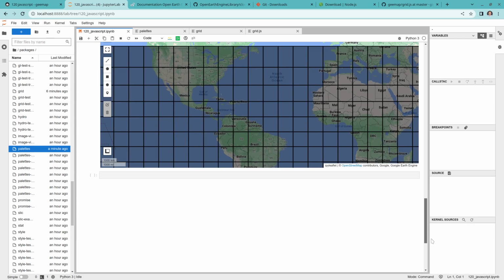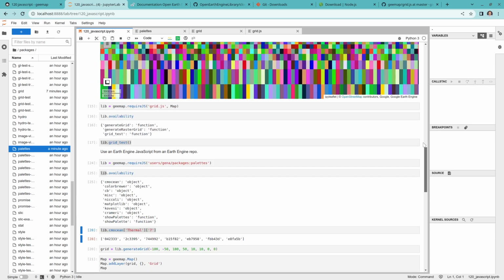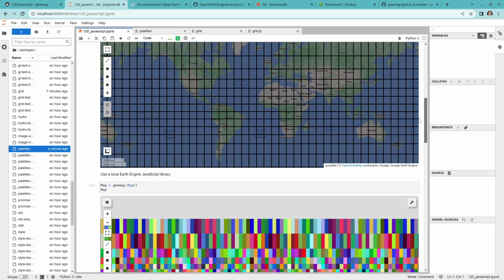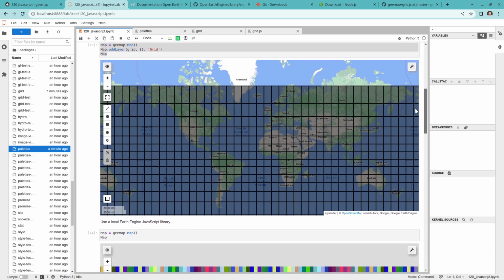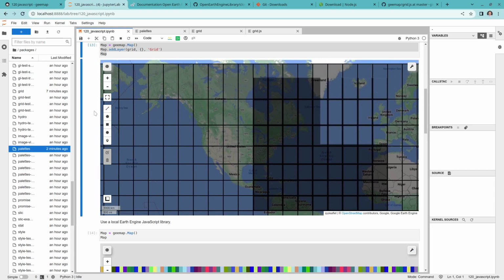Okay, so I think that's pretty much about this tutorial. I hope you are enjoying this new feature and try it out, and it will certainly make your life much easier if you are relying on JavaScript but you also want to try out Python. Now you have a way to do that both using gmap and also the